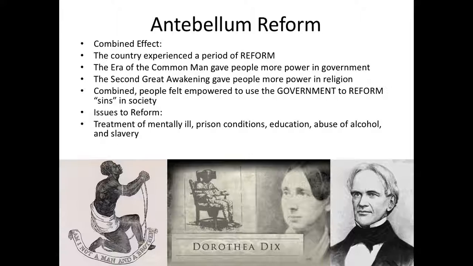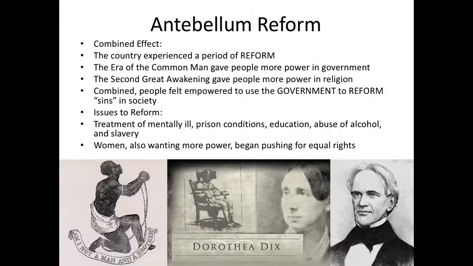Now, of all of these issues, the anti-slavery issue, the abolitionist issue, will become ultimately the biggest of the antebellum period. By the end of the antebellum period, the southern states are willing to secede from the United States, largely because they think the anti-slavery crowd in the North has hijacked the federal government to be anti-slavery across the nation.